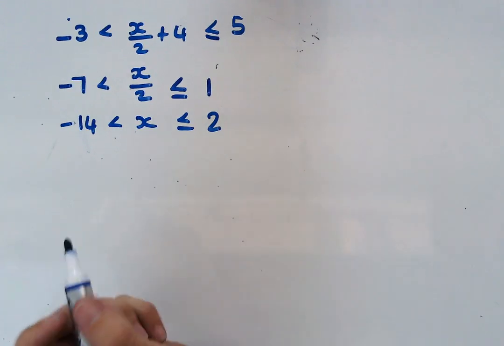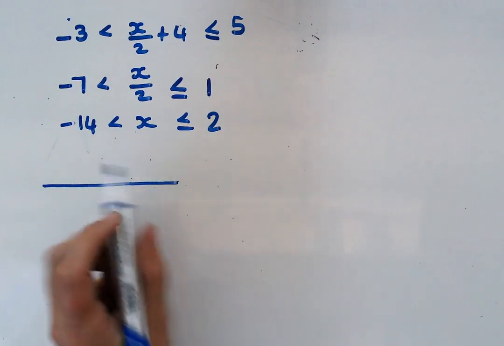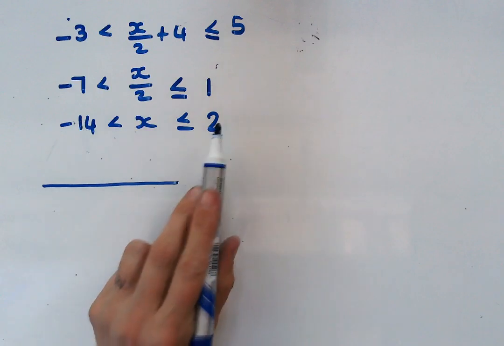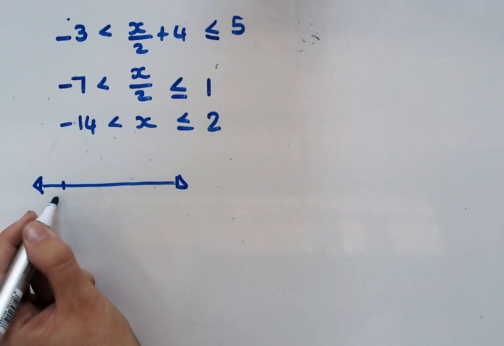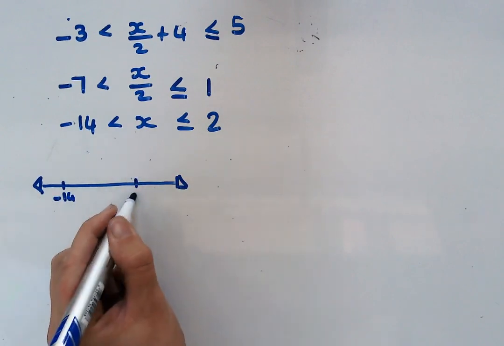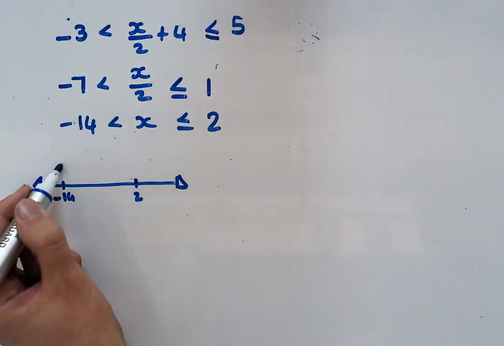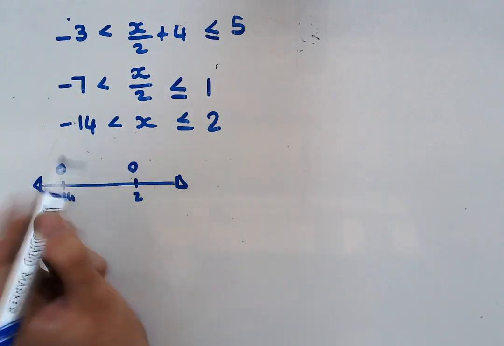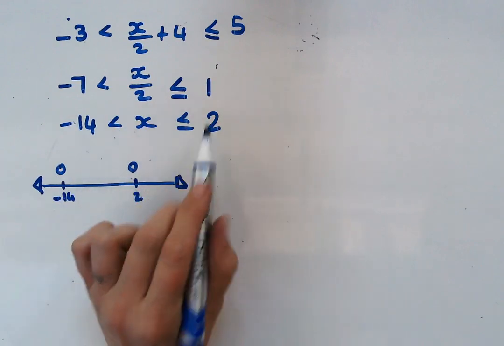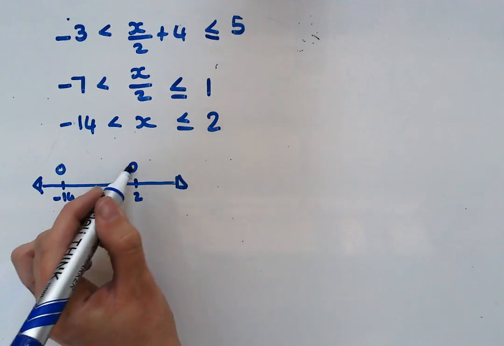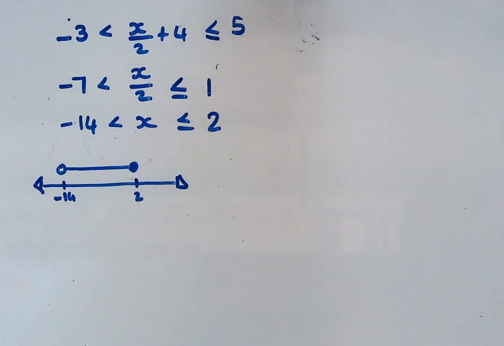Right, looks like that. And then let's quickly look at the 3 notations. If I want to put this on a number line, I'm not going to number all of the numbers from minus 14 to 2. That's just taking too long. I'm just going to put the essence of it: there is minus 14 and there is 2. So from minus 14 up until 2, where minus 14 is not included in the set, so I leave that open, and 2 is included. I'm going to color that in, and then all of the numbers between those two.